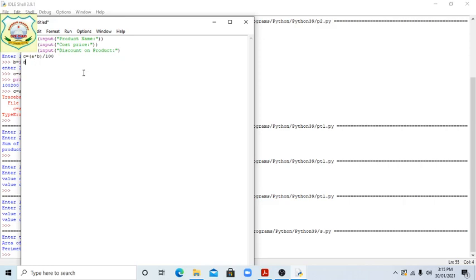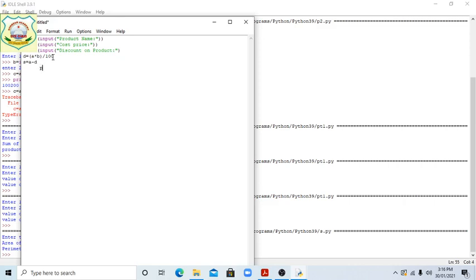Then suppose D equal actual cost. Actual cost we have taken A, whatever cost price we have written. Now C is the discount value. So in place of this, this is the discount. And here should be selling price. Now sell A minus D, students. This way we have to do. Okay, clear students?